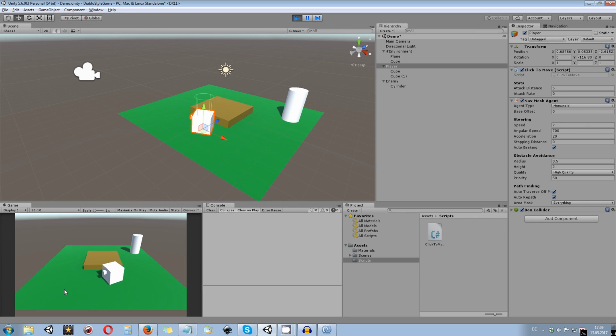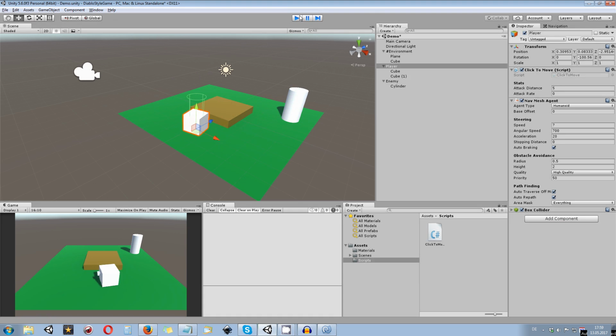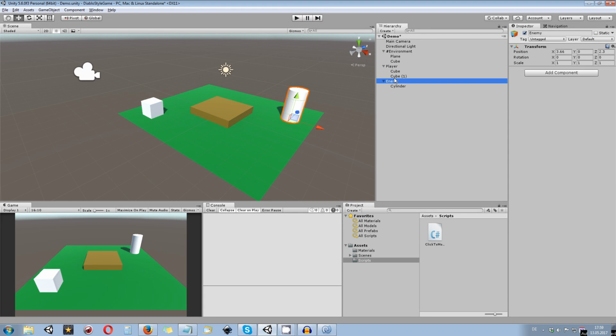So play around with all those values until you have something which is good for you. The only thing is, as you can see, I can walk straight inside the enemy because we haven't tagged it yet. So what we want to do is tag the enemy base as enemy. I already have an enemy in here, so I'm going to show you how you can tag this one